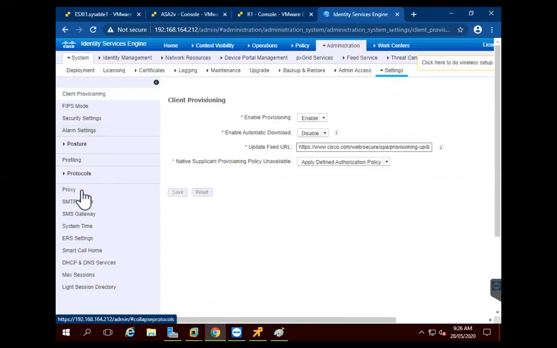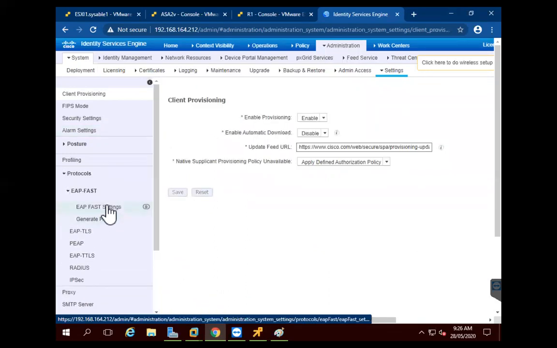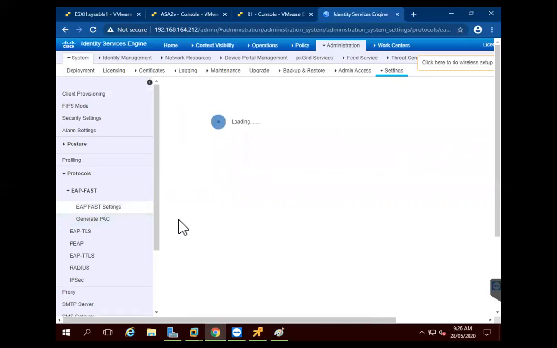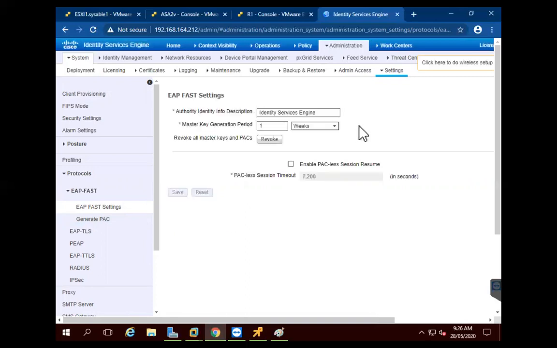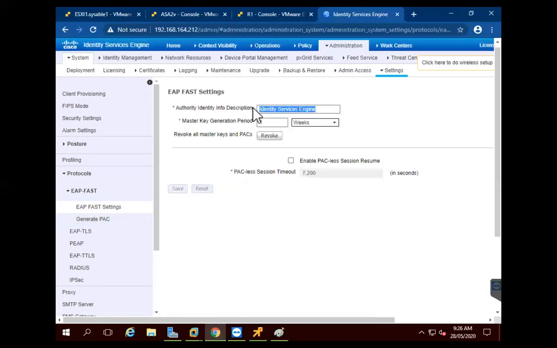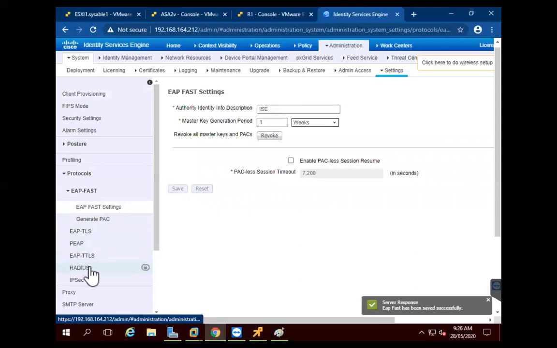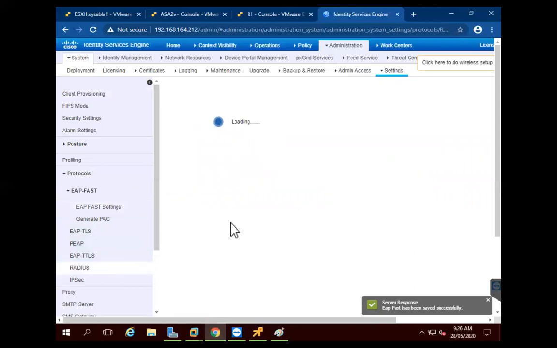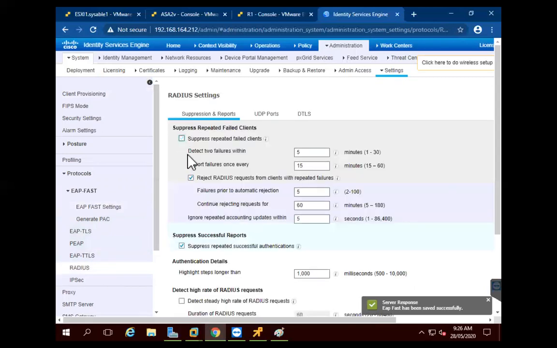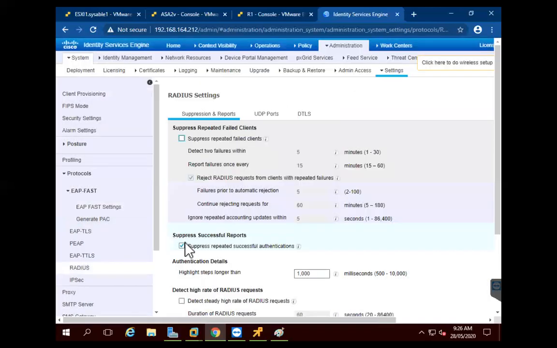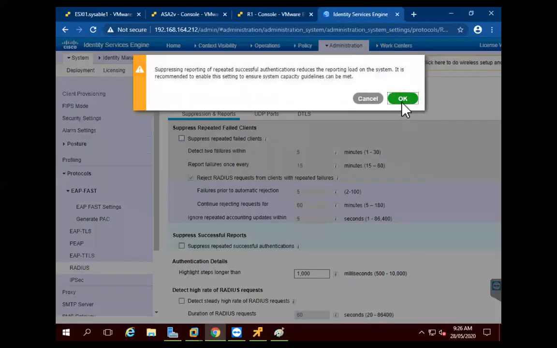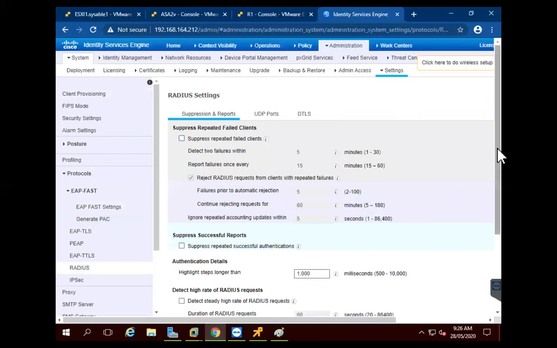And next, Administration, I will go back to the same setting, System and Settings. In the settings, I will click on Protocols and I will click on EAP-FAST and then EAP-FAST settings. And I will rename that name as ICE because I have assigned the group as ICE in ASA, ASDM. And I will click on RADIUS again, next. And I will just uncheck this one and say OK, and this one and say OK, and save.